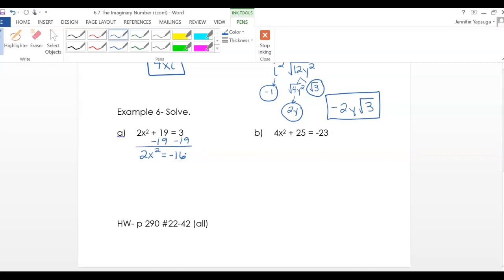And then we're going to divide both sides by 2. And you're left with x squared equals negative 8. So if we want to find the square root of this, we take the square root of both sides. I'm just going to put that in a different color just to show you that I'm doing the square root of both sides. So that gives me x is equal to plus or minus